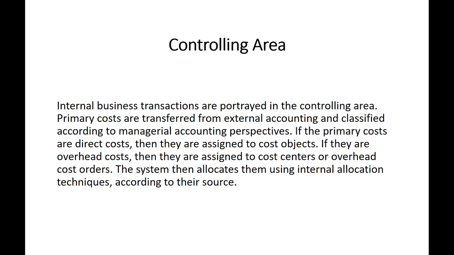Okay, the transactions that you are doing are reflected in the area that you have defined in the system. And whenever you do costing, you might have studied in managerial accounting that there are two kinds of cost: one is the direct cost and the other is the indirect cost. For direct costs, these are direct material, direct labor, and other direct overheads. These costs are directly charged to the material, either to the raw material, the work in progress, or the finished good stage, that is packaging and all this stuff.